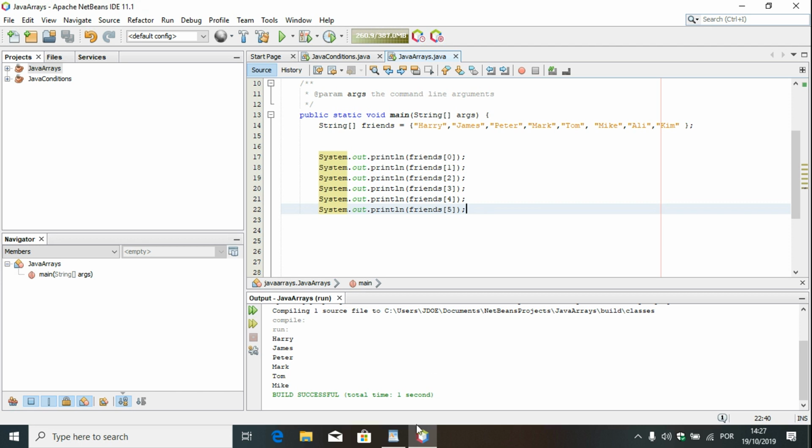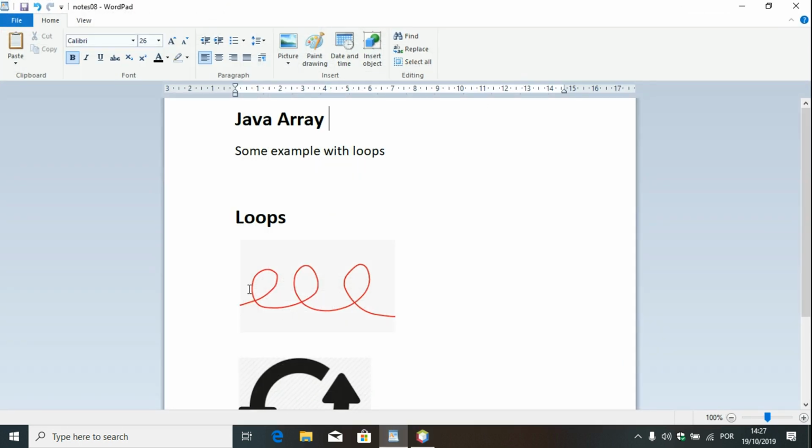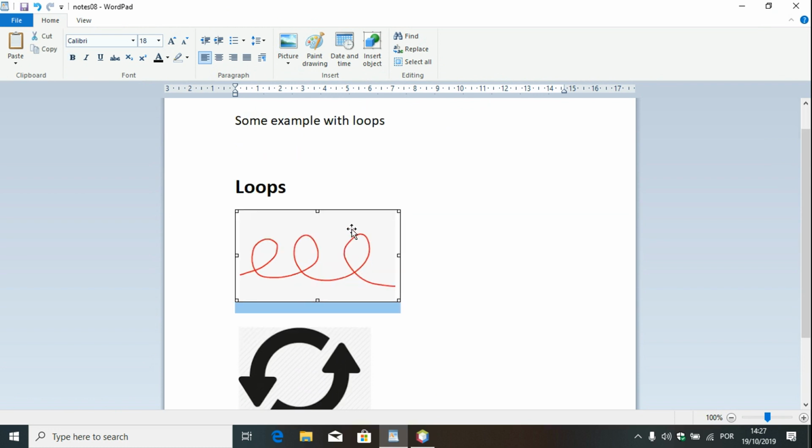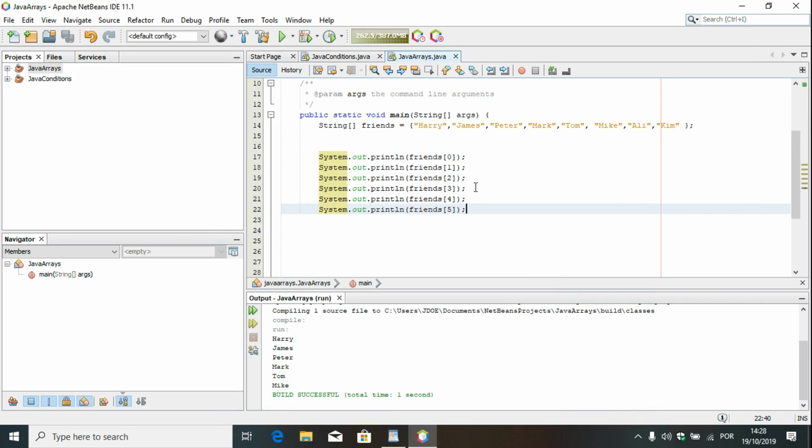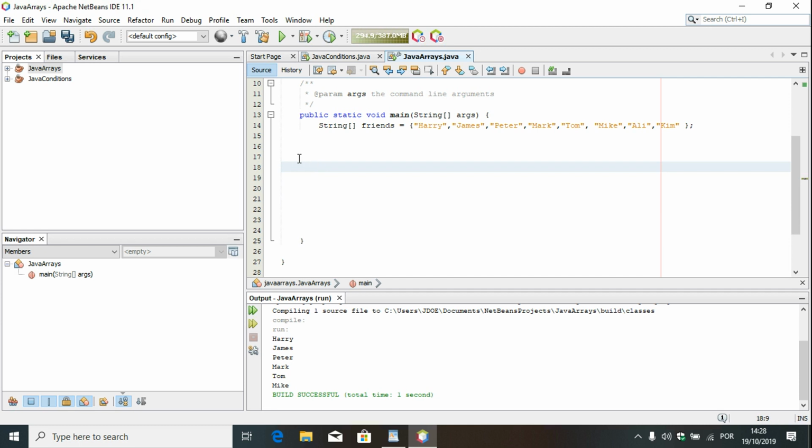With the loop, what comes to your mind is something which is going around and repeating, going around and repeating. So in Java we also have a loop which is called a for loop, and the syntax of that loop is for, bracket, int i equals 0,